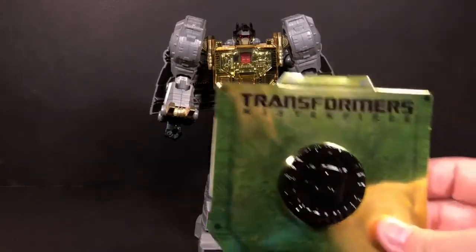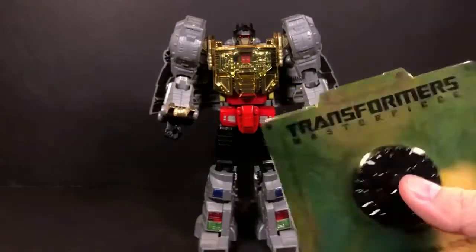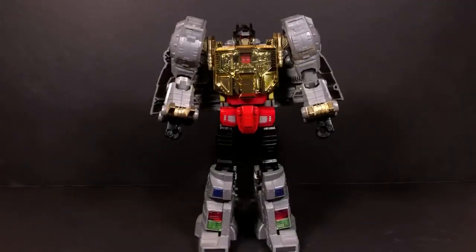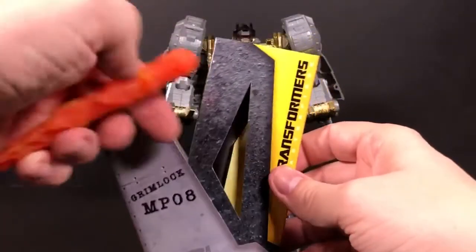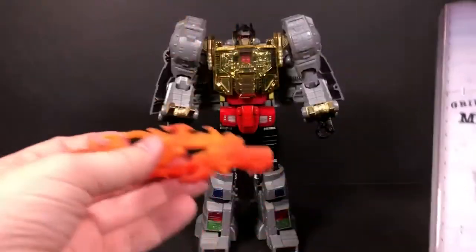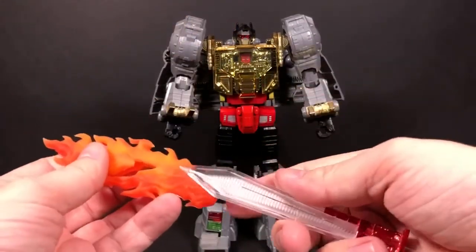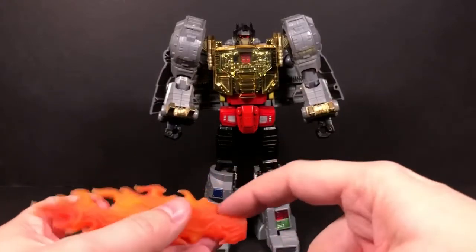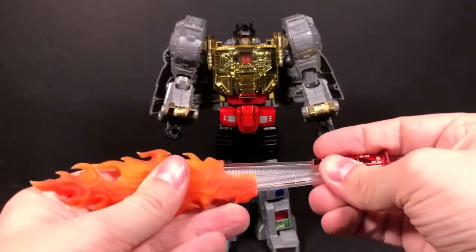His crown. It's supposed to represent a coin, but inside here there's actually a metal crown that'll fit on his head, and I'll probably take that out. I've already done it before. And then you have his flame accessory. So you open that up, and the flame accessory was in here, and this can then wrap around his sword. So you just take it, and you see that there's that part right there, and that's going to go with that. So you just push it in there